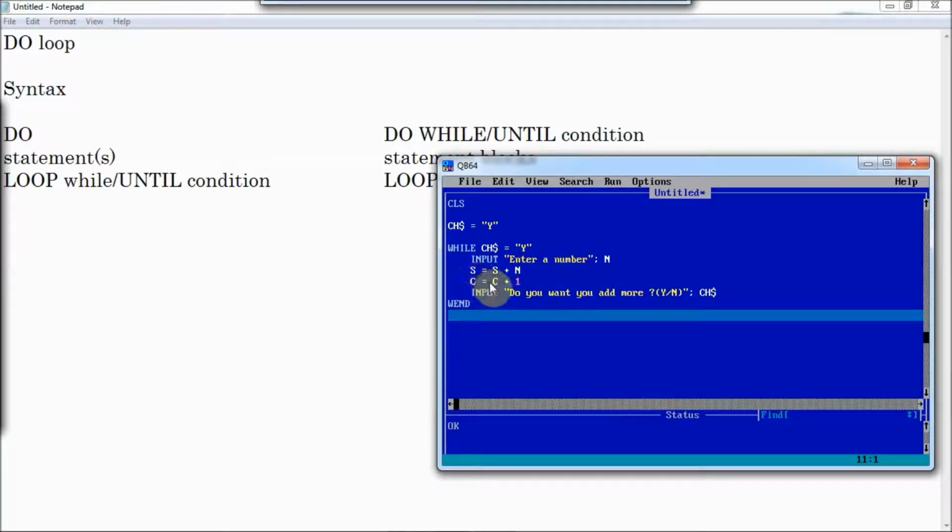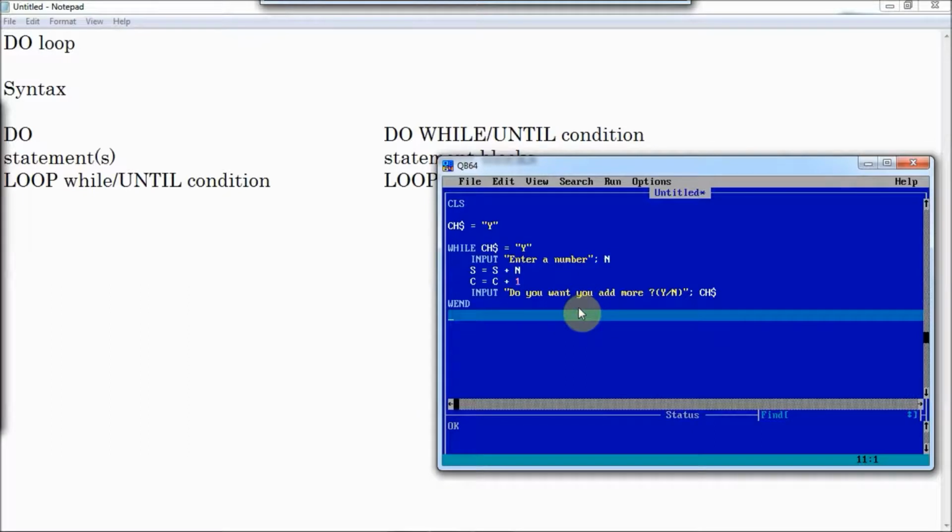And this variable c is to count the number of items entered by the user. This input statement is to ask whether he wants to continue or not. This is his choice, ch$. After he gives yes or no, y or n, it repeats or stops the loop. It depends upon the answer of the user.